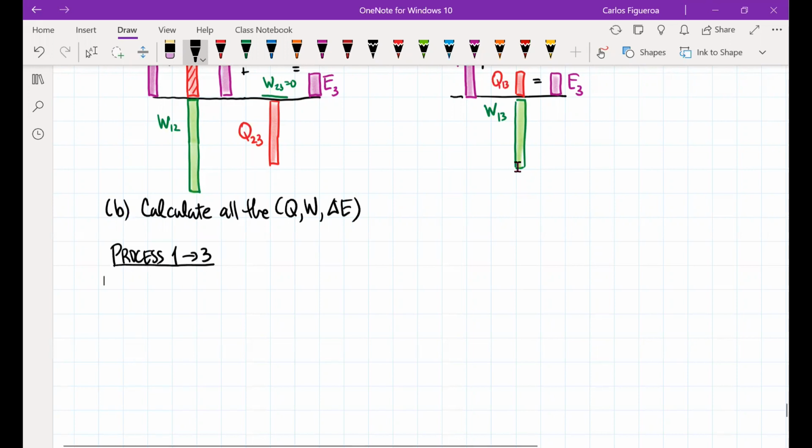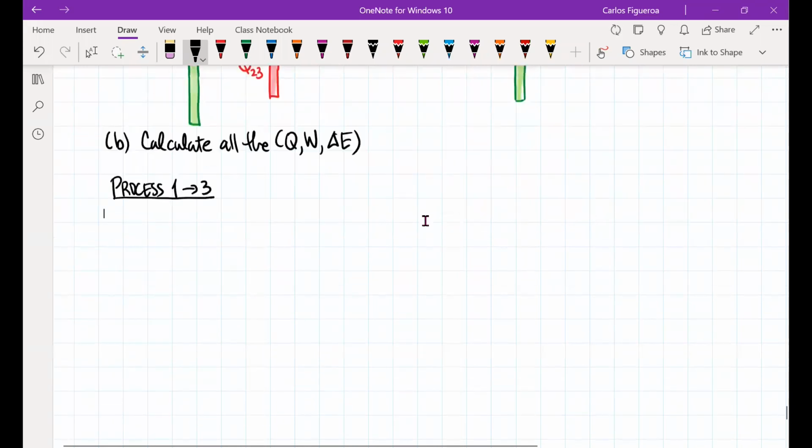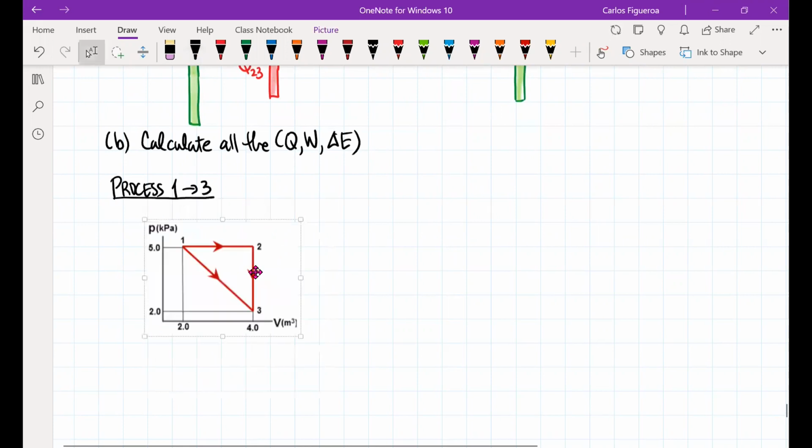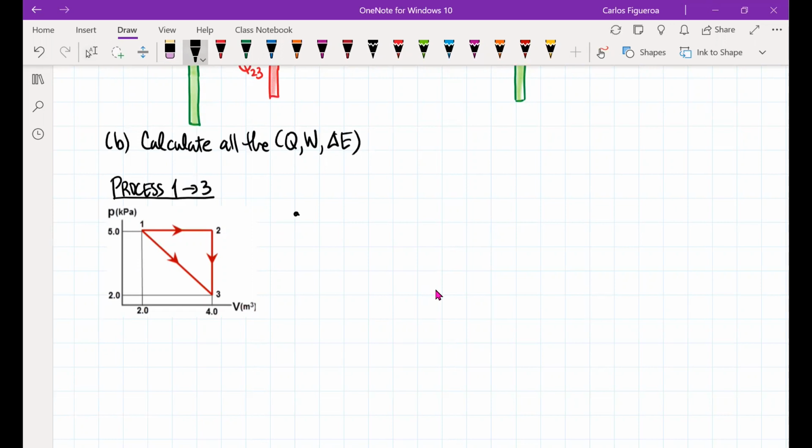Okay, here's 1 to 3 here. So this is the one we're looking at. So here I go. What I'm going to do here is paste my thing so I know exactly what I'm looking at. Okay. In this case, the first thing I have to do is determine what I want to calculate. I want to calculate the work. So let's calculate the work